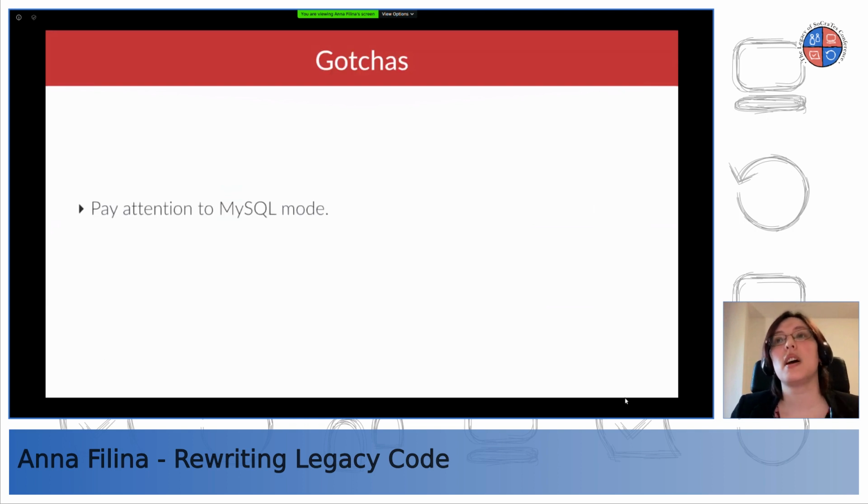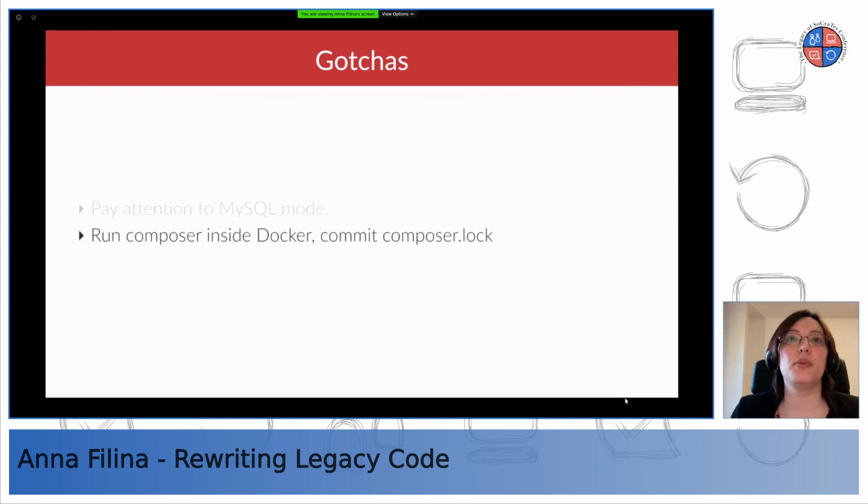Some gotchas: you want to pay attention to the MySQL modes, because in the SQL mode you can do things like what happens if your primary key is 0. Based on the MySQL mode, it's going to treat it differently. If you use Composer, I hope you do in PHP, run Composer require from inside Docker, because what you want is to end up with a composer.lock that is specific to that environment, right?